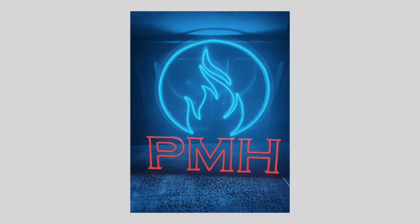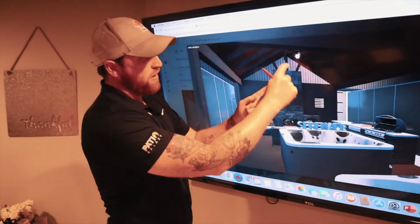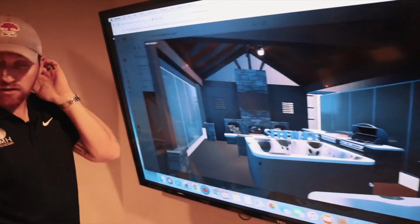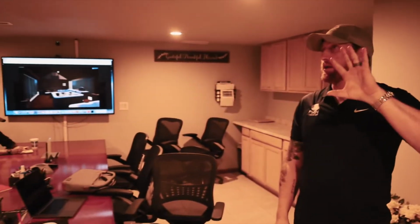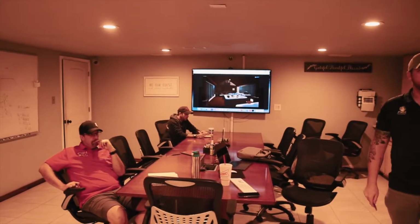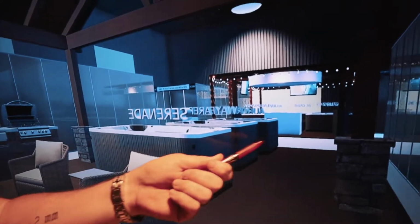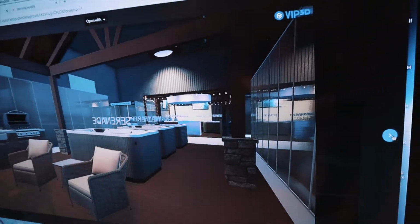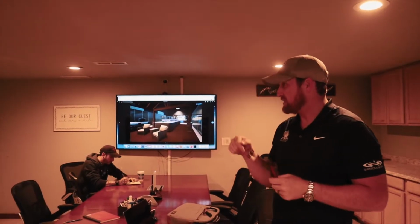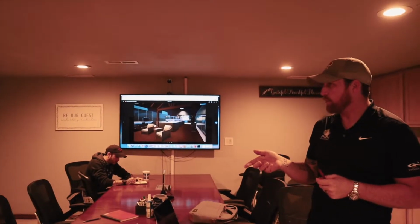PMH sign. Looks amazing. It's about 3x3, so this is 5, and that'll be 3x3 right there. That looks freaking amazing. Well, it'll look great right there because it's really dark up in there under that pavilion. I have patio furniture going right there. Yes. Okay, so you can put that in there? Okay, perfect. We'll have those this week, which is crazy to think that next week we're literally setting up